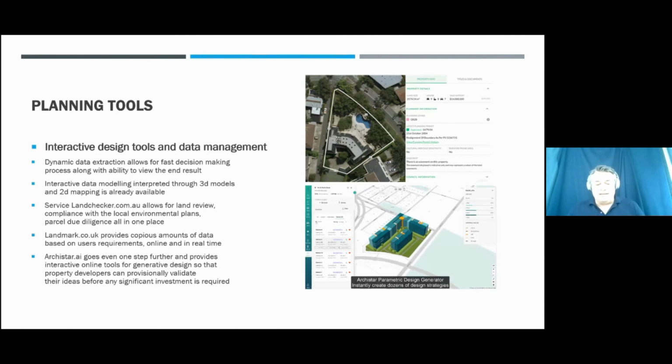Nothing at the moment can replace architects, and nothing at the moment can replace skilled planners. However, this is something that you can use just to get your research done properly. So you don't just pull numbers out of the universe. You can easily go in there, check everything you need to check. Okay, now I know what I need to do. Let me ask you a few important questions, and we can go forward with that. So I will move forward. If there are any further questions, I'll be happy to answer them as well.